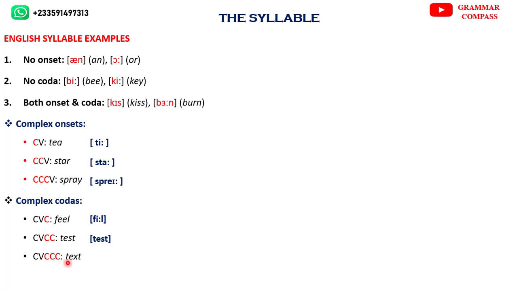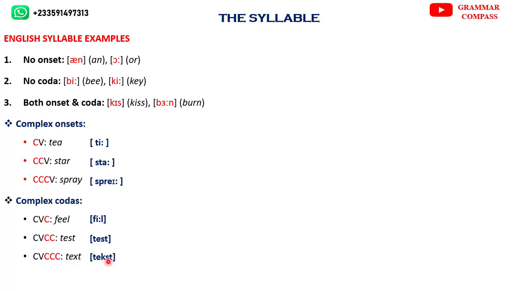For example, text. Now remember that here we are doing sounds, pronunciation. We are not doing spellings. So based on the spelling of this word, you would say that it has only two consonant letters, not consonant sounds. But pronounce the word and see. Pronounce it after me. Text. You would see that for the pronunciation, we would have 3 consonant sounds after the nucleus e, which is